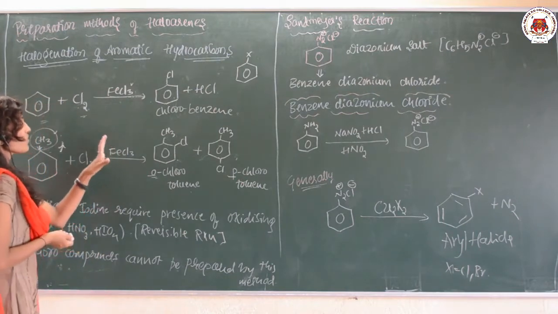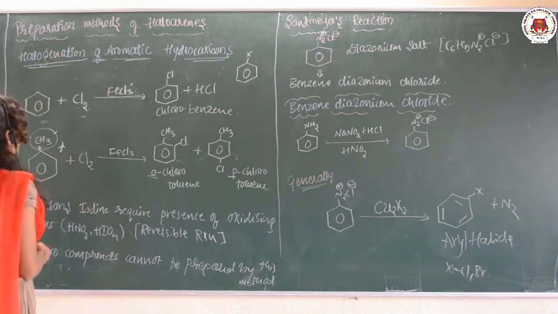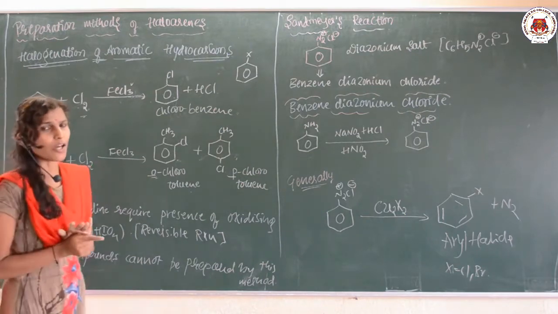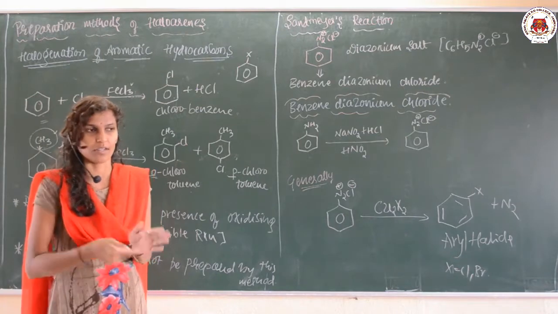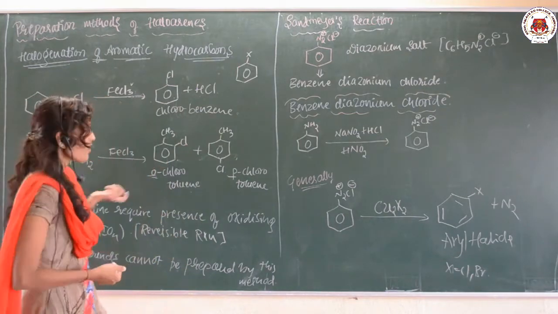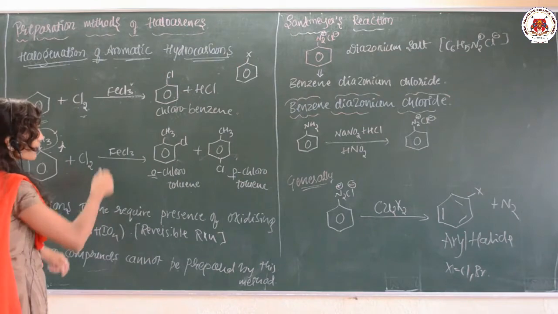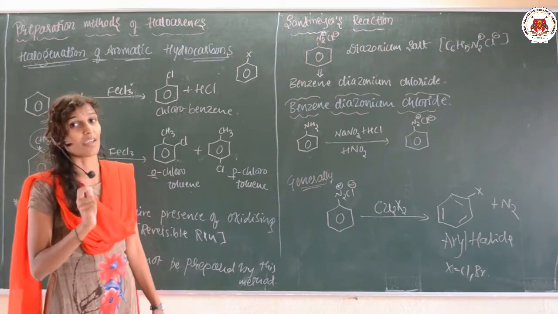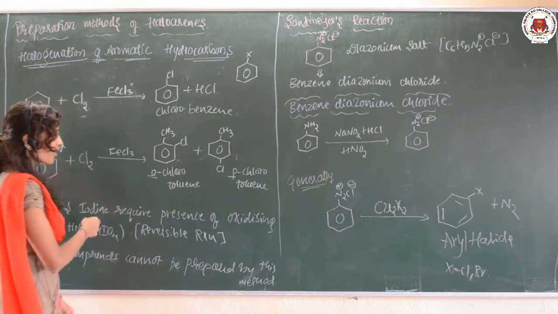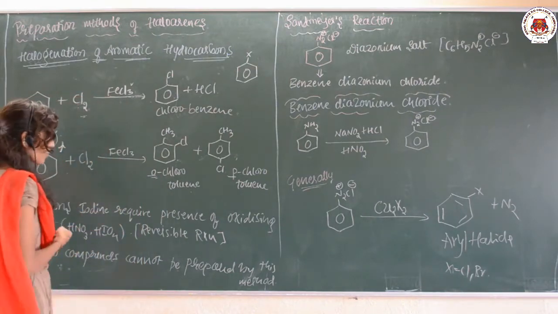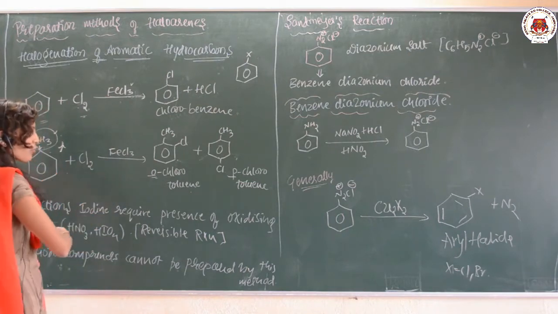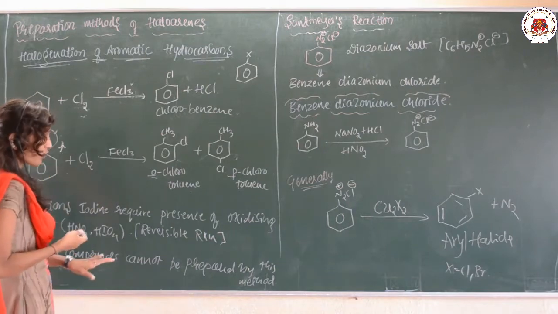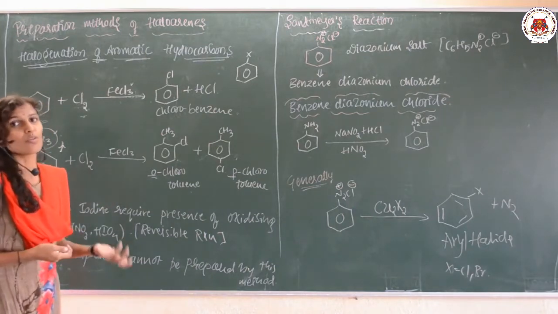Clear? So this is the first method of preparation of the haloarenes, by halogenation. Simple. Take the aromatic hydrocarbon and add the halogen, like chlorine. Depending upon the halogen added, you have to maintain the conditions, and finally you are going to get the haloarene as a product. Clear? In case of iodine, you have to use an oxidizing agent like HNO3 and HIO4, and if we want to prepare the fluoro compounds, that is not possible here because of the higher reactivity of fluorine.